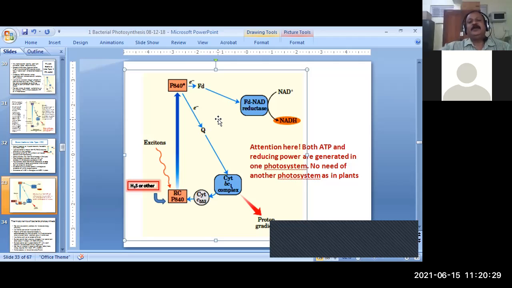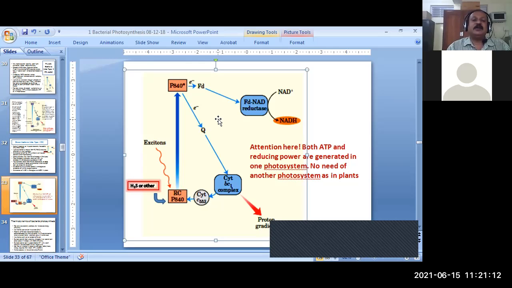Sir, availability of the end product. Yes, wonderful. So there is a tight regulation, very strict regulatory controls. Whenever ATP is available in excess, the system will not require more ATP, and therefore automatically the electrons will go to ferredoxin. Or in other words, when NAD is limiting, if there is a very short supply of NADH, then the system will decide to produce the reducing power. So it all depends upon the cell's metabolic requirements. Depending upon what the cell or the organism requires, that decision will be taken.